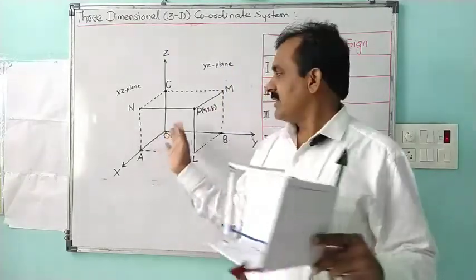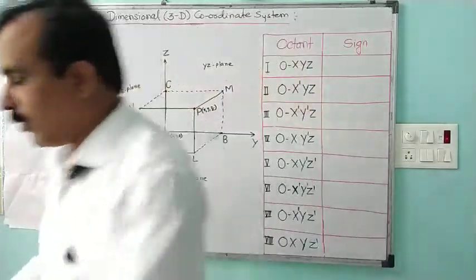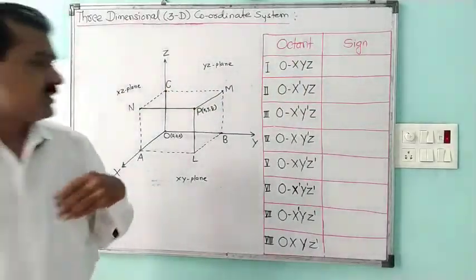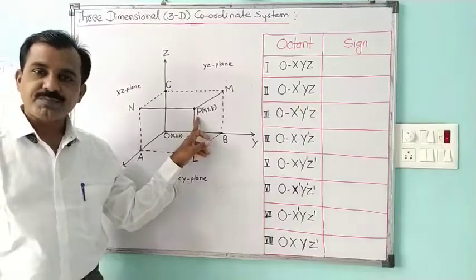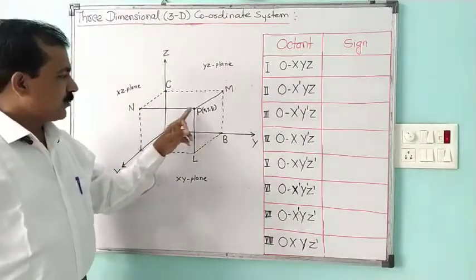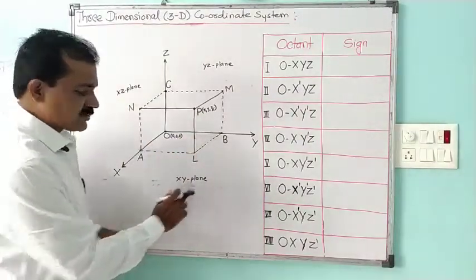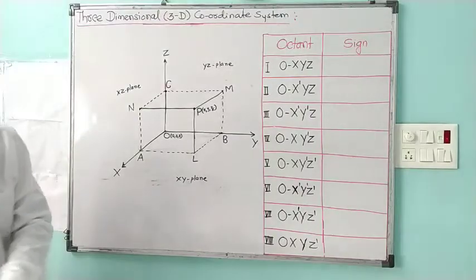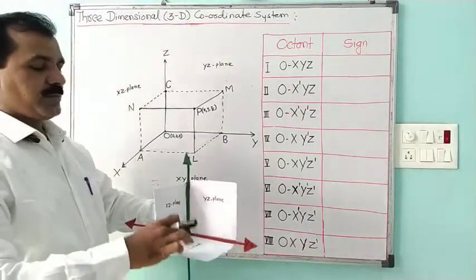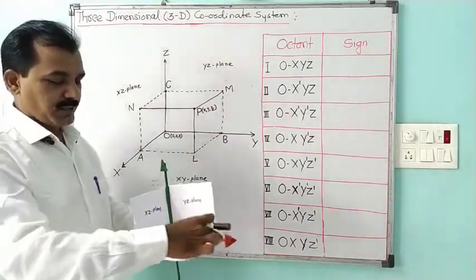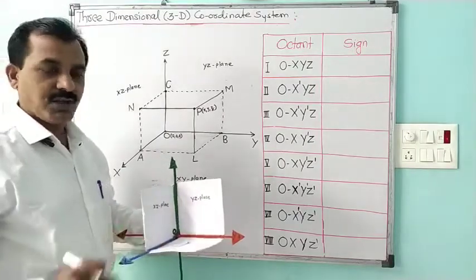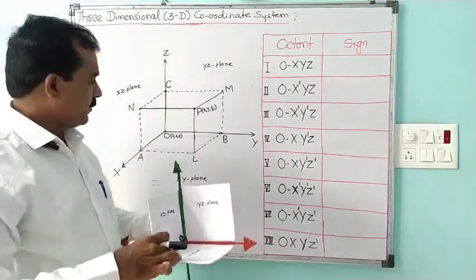So in the first octant we have the coordinates of this point P as positive, positive, positive. The same example is considered on this board. Same point P, and I have drawn a perpendicular from that P on this xy plane. This is the base, this plane is nothing but the xy plane formed by using positive x and positive y. So we call this plane the xy plane.